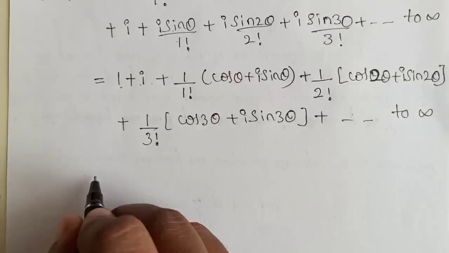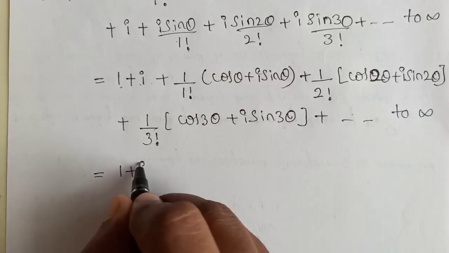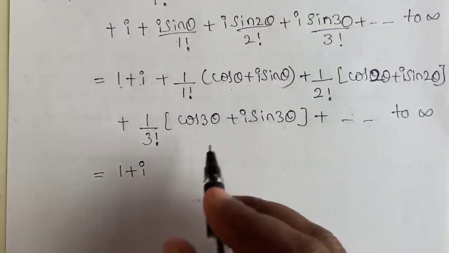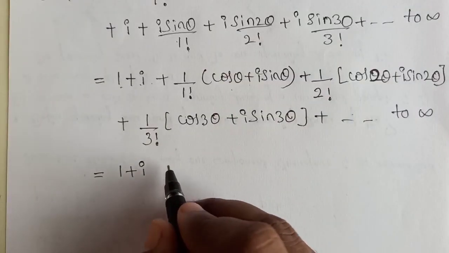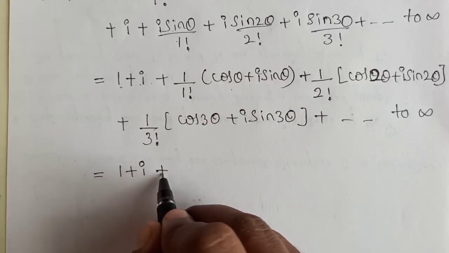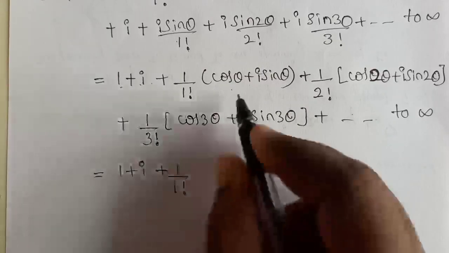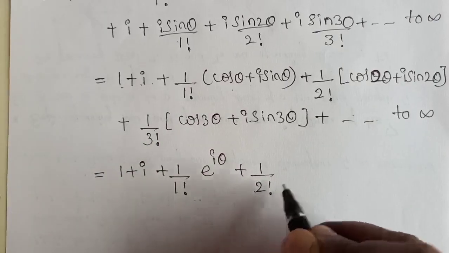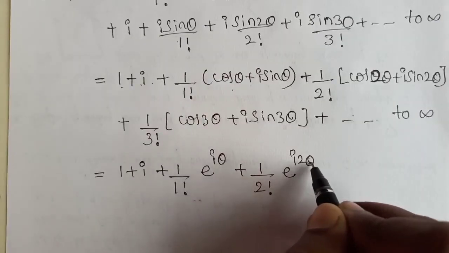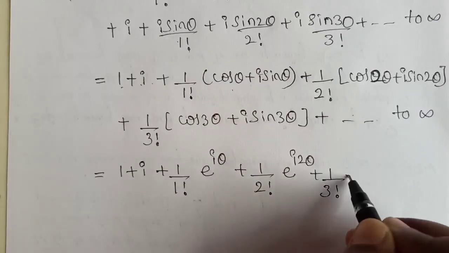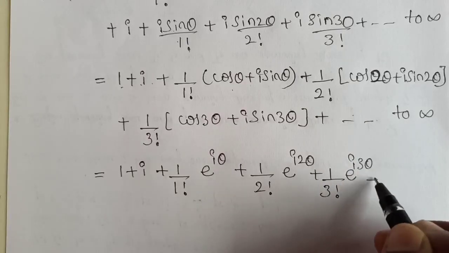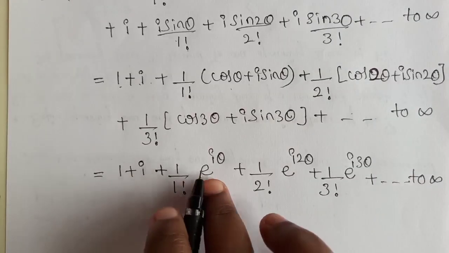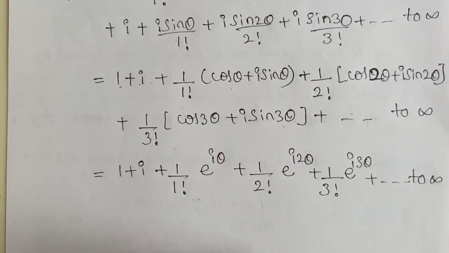Now we write 1 plus i as it is. We express this cos theta plus i sin theta in exponential form, that is e raised to i theta. We get 1 divided by 1 factorial e raised to i theta plus 1 divided by 2 factorial e raised to i 2 theta plus 1 divided by 3 factorial e raised to i 3 theta plus up to infinity. Now we substitute e raised to i theta equals x,